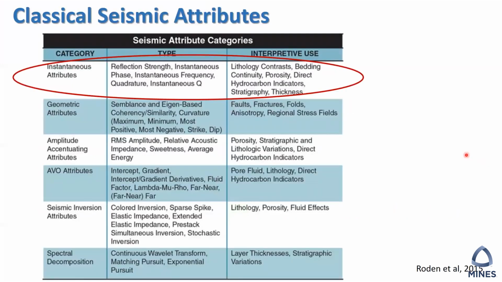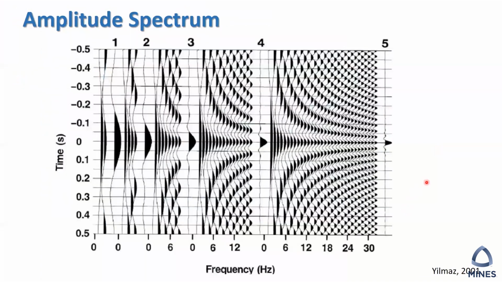So let's start, given that you already did this preliminary work, you have your horizons, you mapped them. Let's start by looking at different attributes. The first class of attributes we're going to look at is instantaneous attributes. And for understanding instantaneous attributes, we have to understand what the amplitude spectrum and the phase spectrum of the seismic data